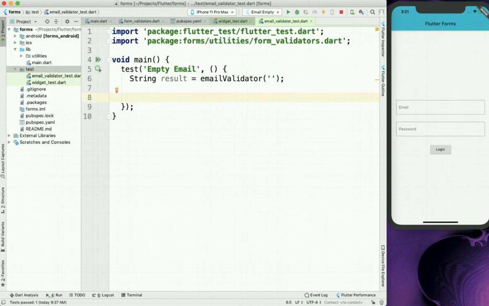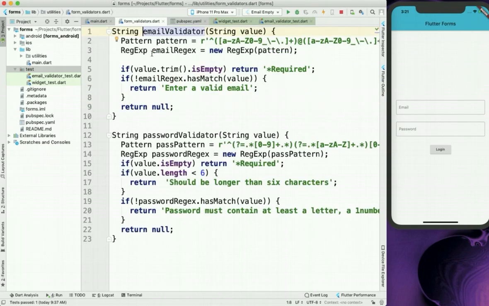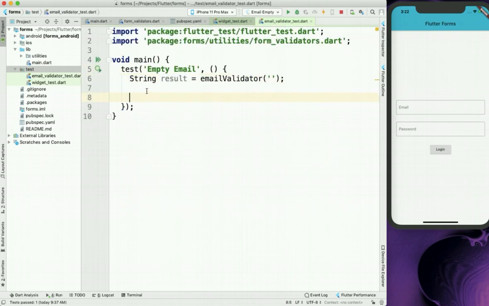Now what do we expect inside result? Okay, so let's go to our email validator function, and as you can see, if the value is empty, then we will return required. So inside this we should get required as a result.